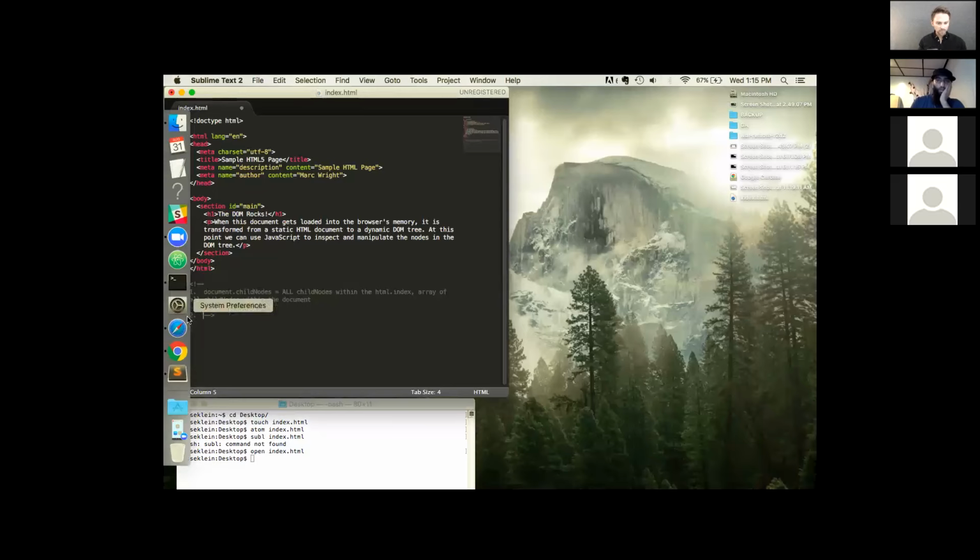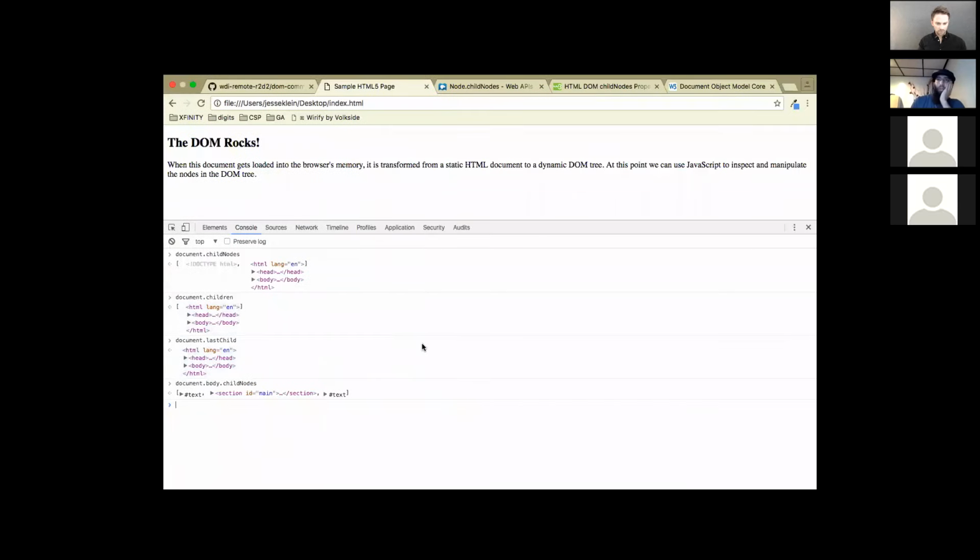Okay, where did Chrome go? Okay, so what